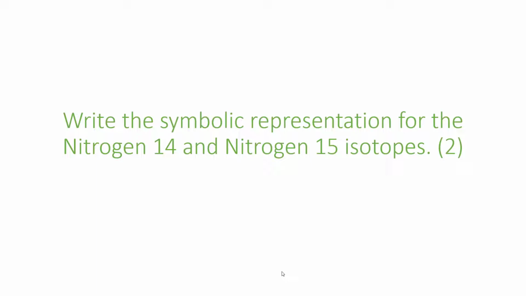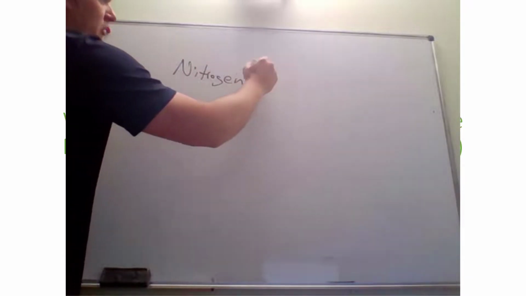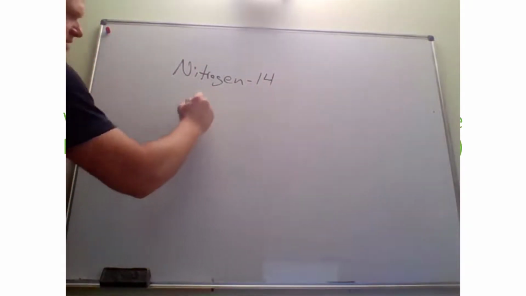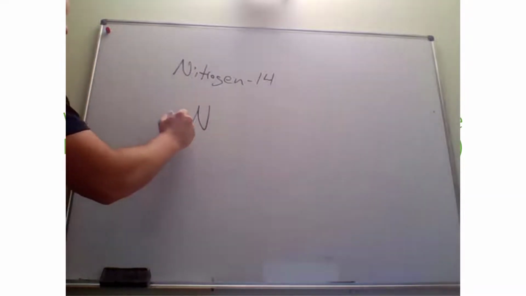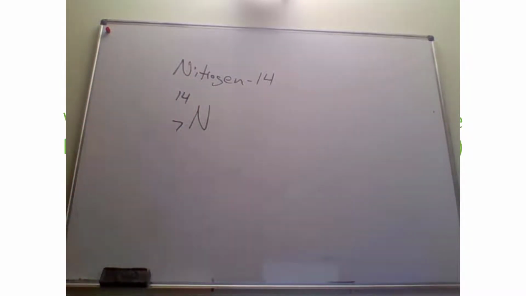So if I ask all of you to write the symbolic representation for nitrogen 14 and nitrogen 15 isotopes. When you name an isotope, you state the mass number as the number after it. So nitrogen 14 would be a mass number of 14 and nitrogen 15 would be a mass number of 15. Nitrogen 14 is going to have our nitrogen symbol N. We look up on the periodic table and see our atomic number is 7, and then we have a 14